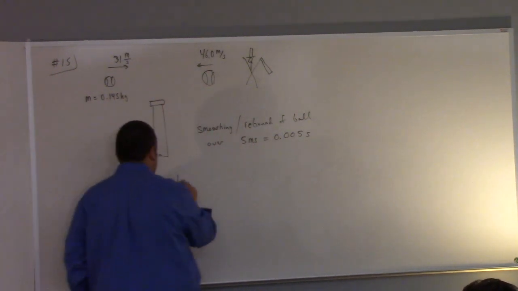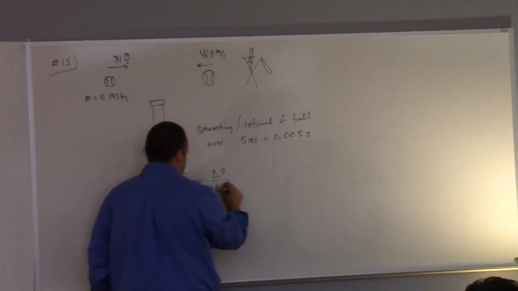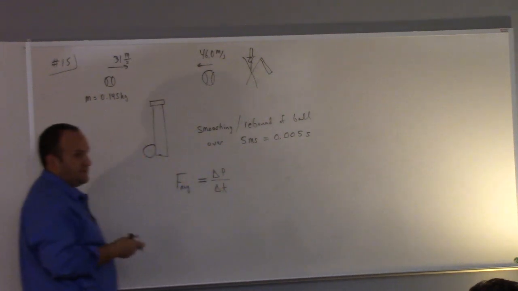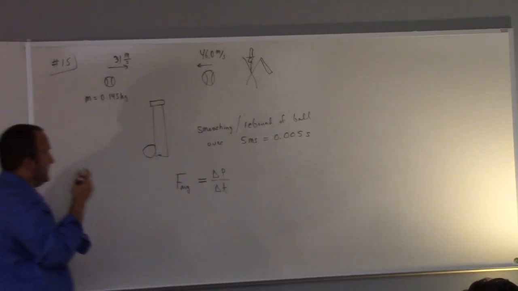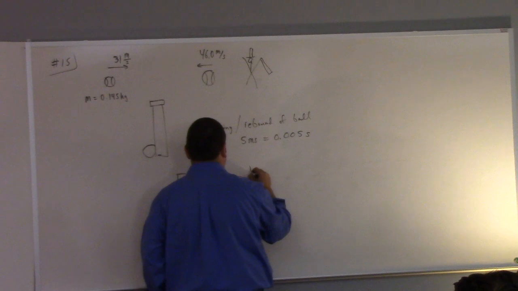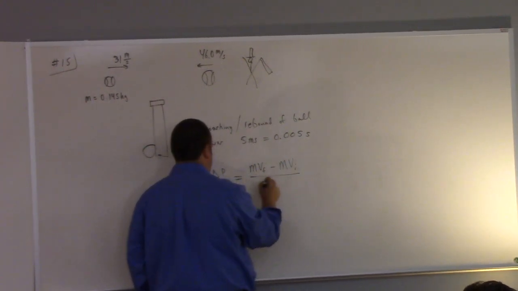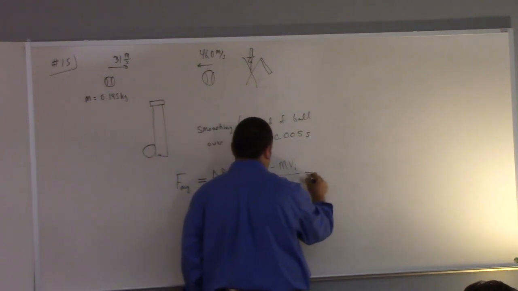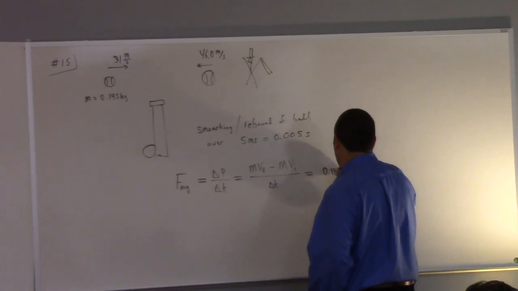So the average force is the change in momentum over the change in time. We don't need vectors here because there's no directionality to the problem. You use vectors when we've got a 2- or 3-dimensional problem. That's not this. Okay, so what's the change in momentum? So we have mvf minus mvi divided by delta t. And we can factor the m out. So m is 0.145 kilograms